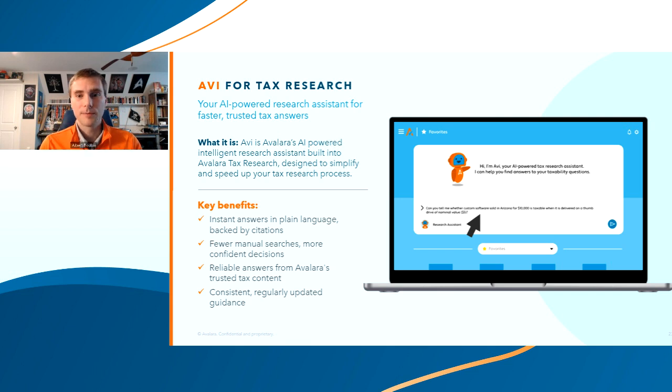And like when you walk into a collegiate library and there's 6 floors of stacks, well, if you're on your own, you're going to have trouble. The information's there, but you're going to have trouble finding the right book. Avi is now your librarian to the tax knowledge that Avalara has. You can ask it plain language questions, get plain language summary answers, and most importantly, you get linked to trusted citations and those tax answers that you can pull up, and it's correct, and you can utilize other product features that we'll take a look at alongside that. So Avi really transforms the way that you can do transaction tax research and makes it dramatically easier to use.